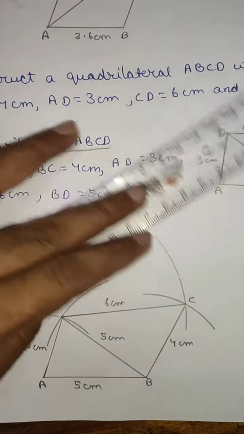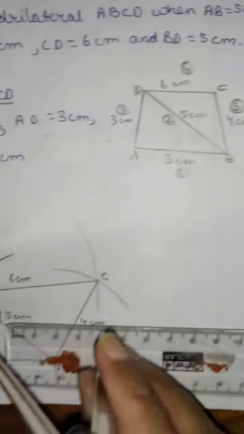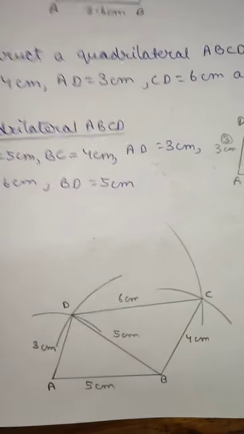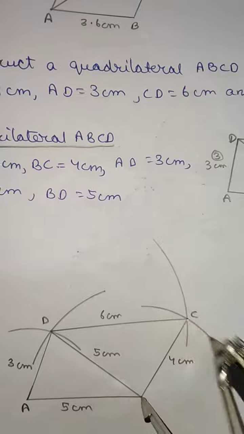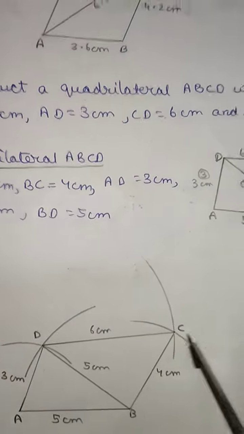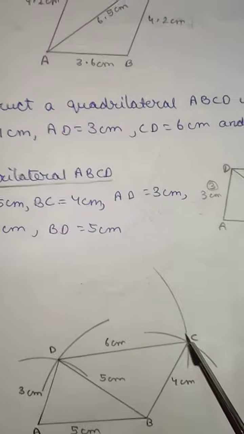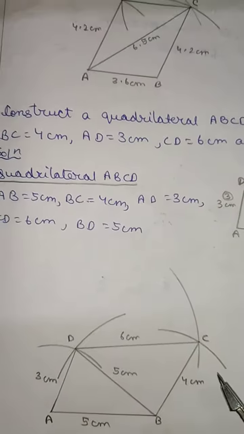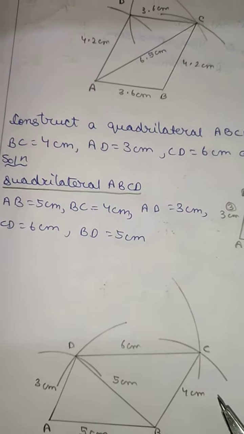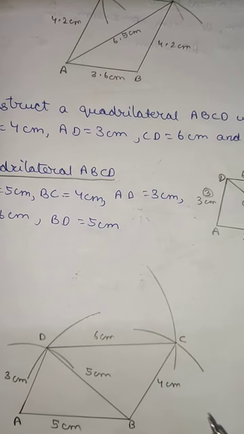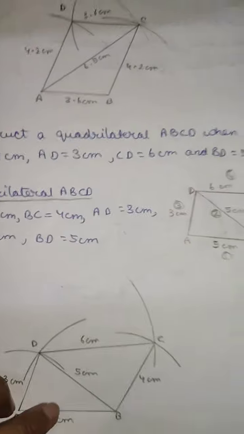Then fifth step, measurement is 4 cm. Check the rough sketch. Already I have written. By measuring 4 cm from B point, you cross this one. This will be your C point. Join BC by scale pencil and CD also. Write down here 4 cm, 6 cm. So your quadrilateral is completed. Very simple. Only listen carefully with my instruction. Try to make it. I hope you can do it.